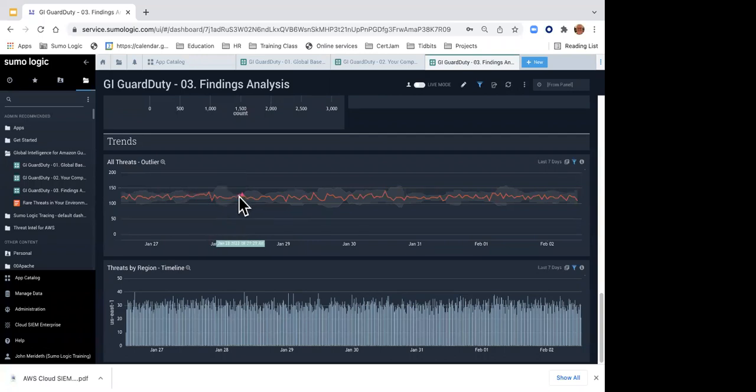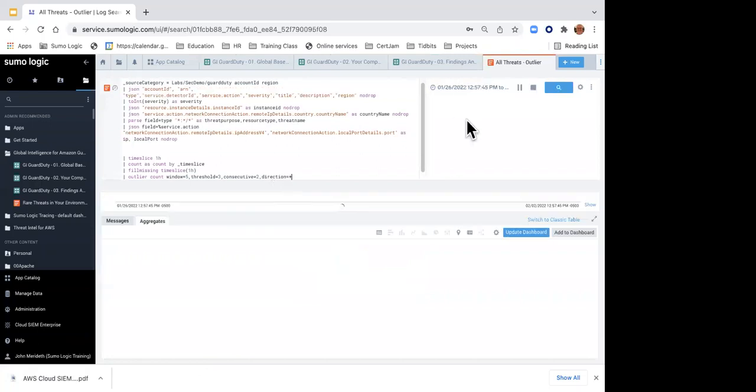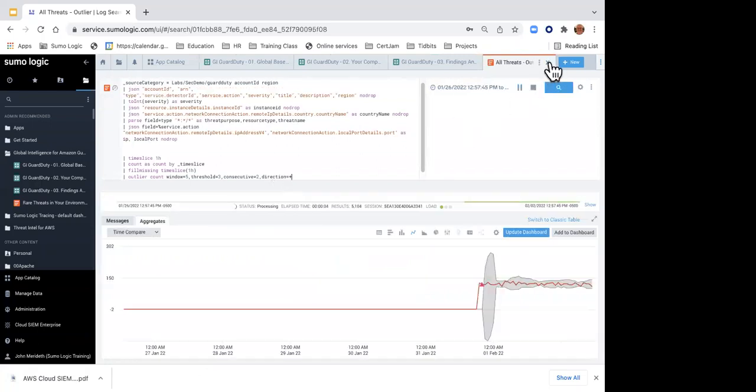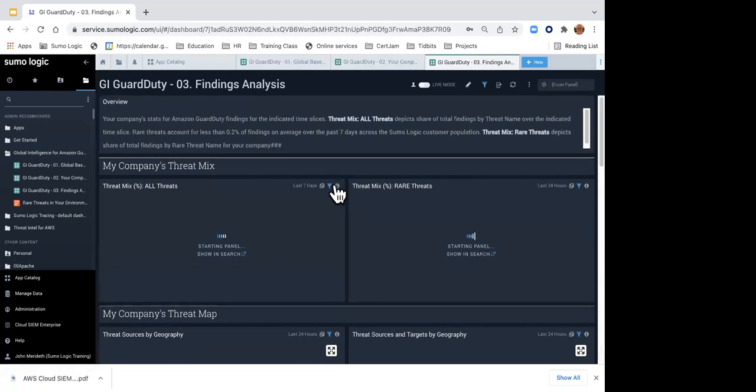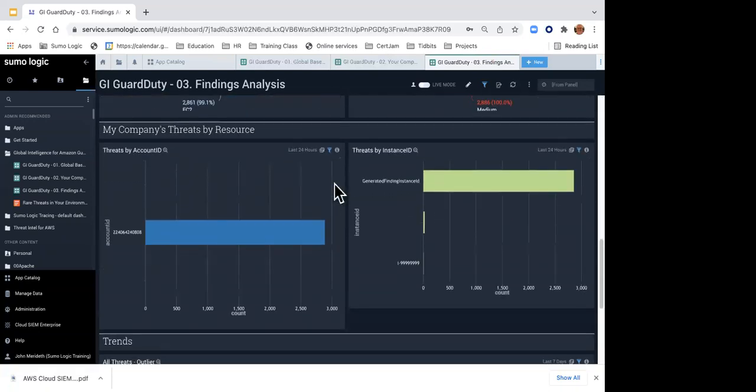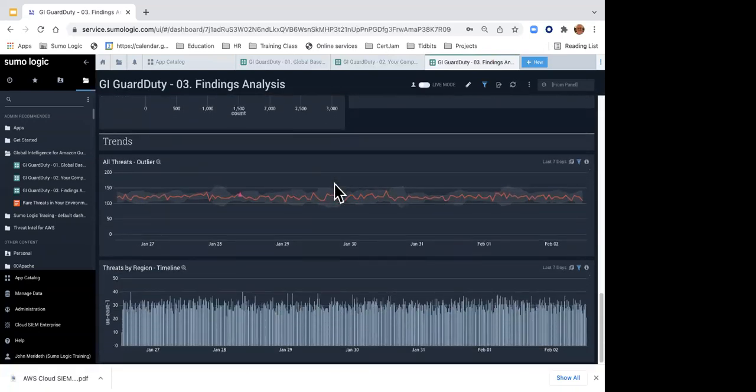And if I have a value that exceeds my standard deviation, I get a triangle. And then I can click on that triangle and I can see more information about it and see the actual data and investigate this data and see what's going on from there. So this shows us at a very high level how we're doing, and then we can go into a much deeper level to investigate, to troubleshoot, to resolve.